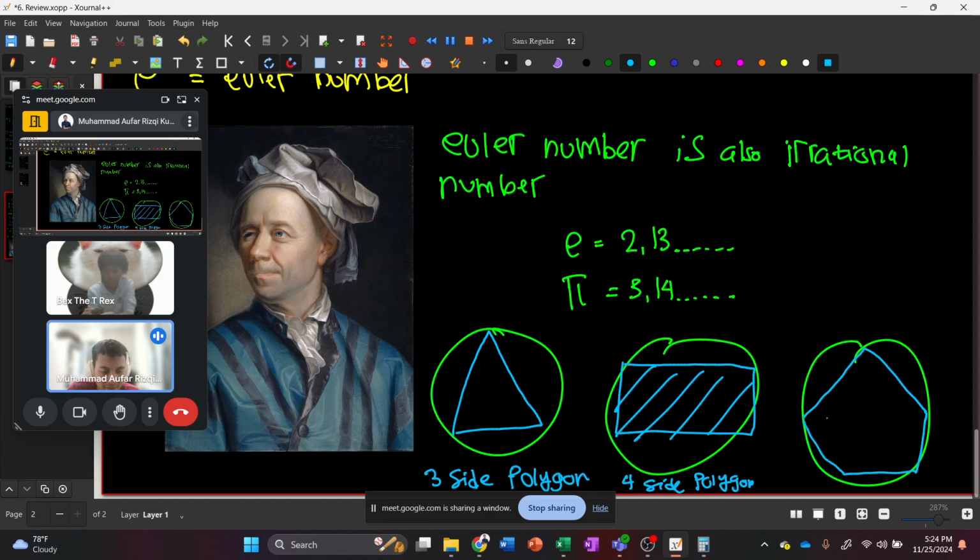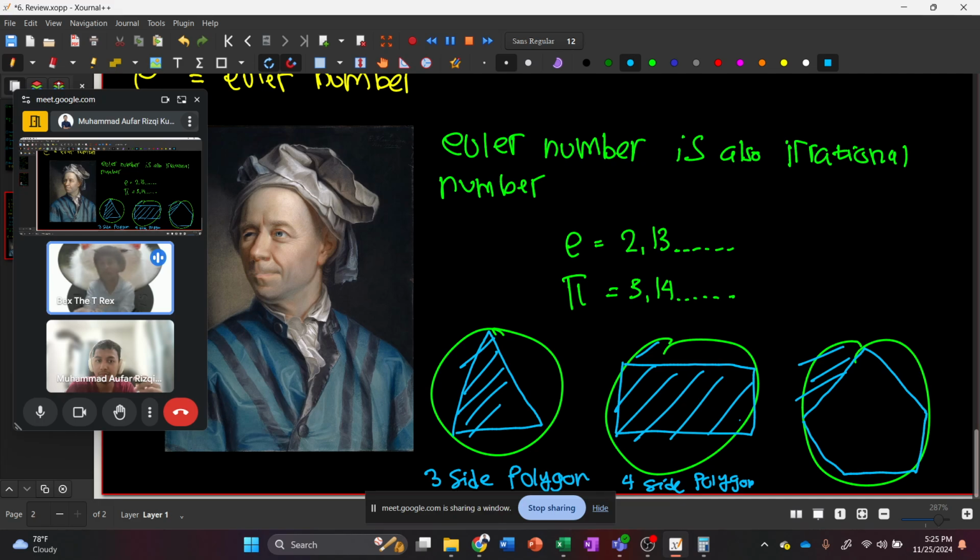You see that the approximation gets better, right? The first one we got here, but there are still many areas that aren't covered by the polygon. With four sides it gets better. With five sides it gets better. Yeah. But does that mean there's